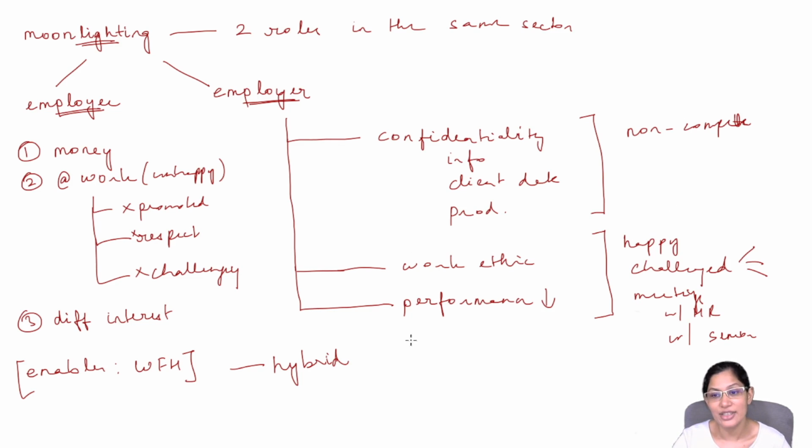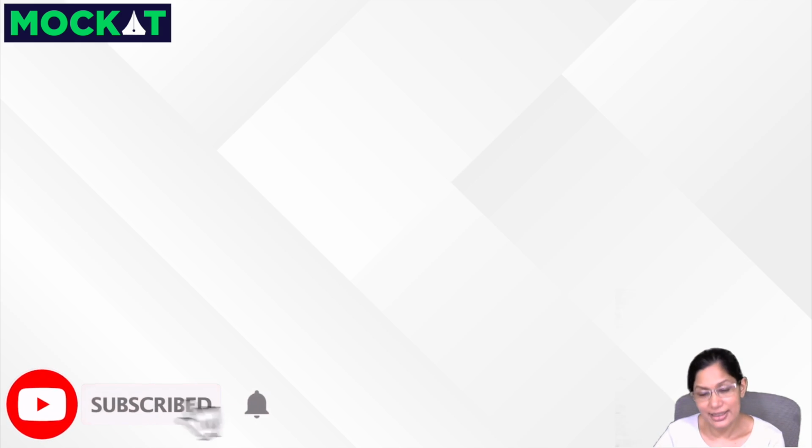And now once I have it, the way I would write the WAT is maybe a sentence or two explaining what is moonlighting, perhaps explaining the employee's perspective and then the employer's perspective. So that could be two short paragraphs or one paragraph. And then the body of my WAT would be about these solutions themselves. Do check out the video on the SAT essay in case you haven't watched that. The exact writing style you'll find over there.